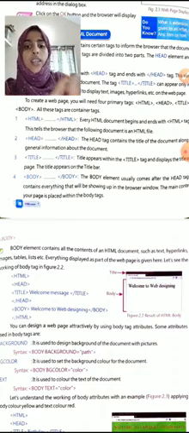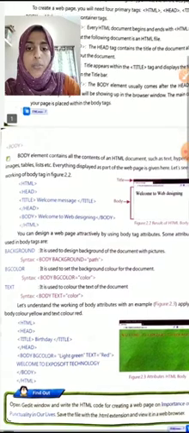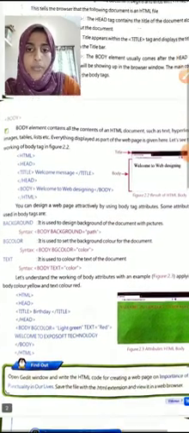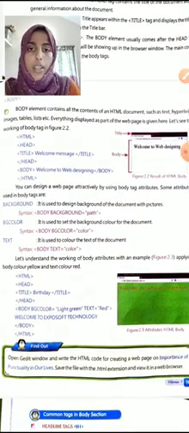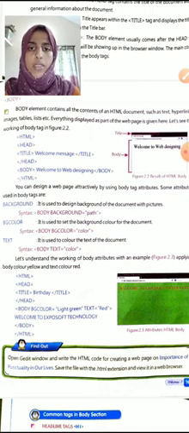Okay, then dear student, this is a simple HTML program. Remember, every HTML program starts with an <html> tag and ends with a </html> tag. Then next, head. Then we can write the title of the web page within the head tag.